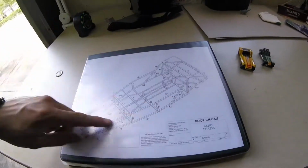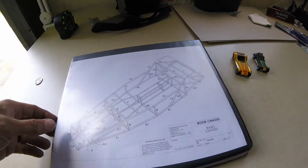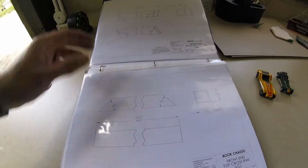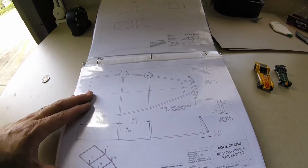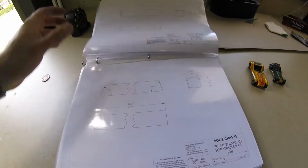That's basically the chassis right there that you make out of square tubing. We call it the book chassis. But here's all my dimensions that I'm probably going to be starting with. And there's a few decisions you have to make as far as suspension and stuff. I think what I'm going to do,